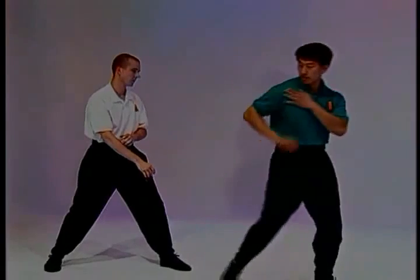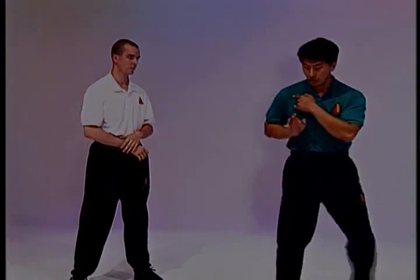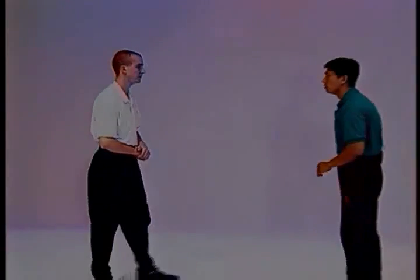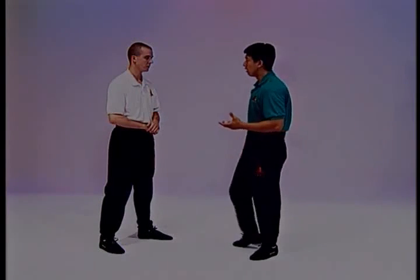So going back uses your front shoulder. Going to the front, use the side shoulders. So you can see some of the applications being applied in actual sequence. Third section,